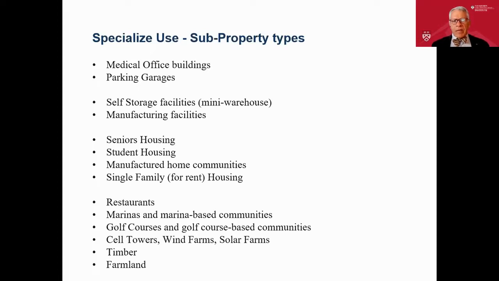In the apartment area, obviously you've got seniors housing as a sub property type. And this isn't just age restricted in the seniors housing category. We have independent living facilities, where it's like a hotel. You get meals, transportation, housekeeping. Assisted living, where you need help with activities of daily living, bathing, dressing, toilet use, that kind of thing. And then skilled nursing, where you need medical professionals to administer medications and do other things.